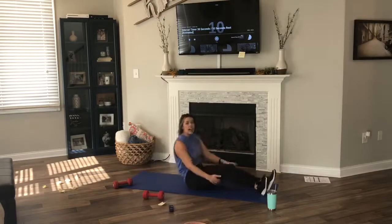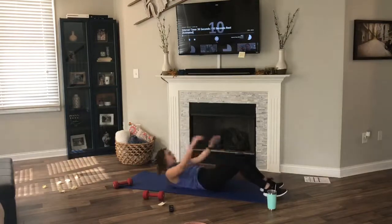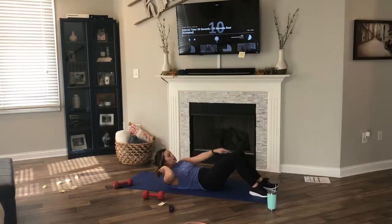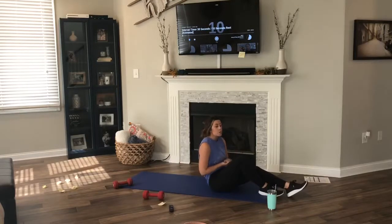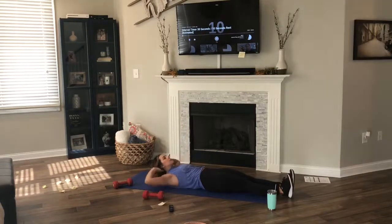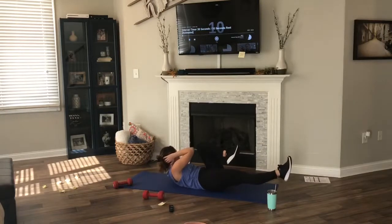All right, exercise 3 will then be a bicycle crunch. We are going to be laying down, and we're going to be bringing our opposite elbow to our opposite knee. Similar to those mountain climbers that we did earlier, instead of being on our hands and knees, we're reversed on our back. So, protecting your head a little bit, nice fingertips gripping the back. We're going to extend our right leg out and twist our right leg,